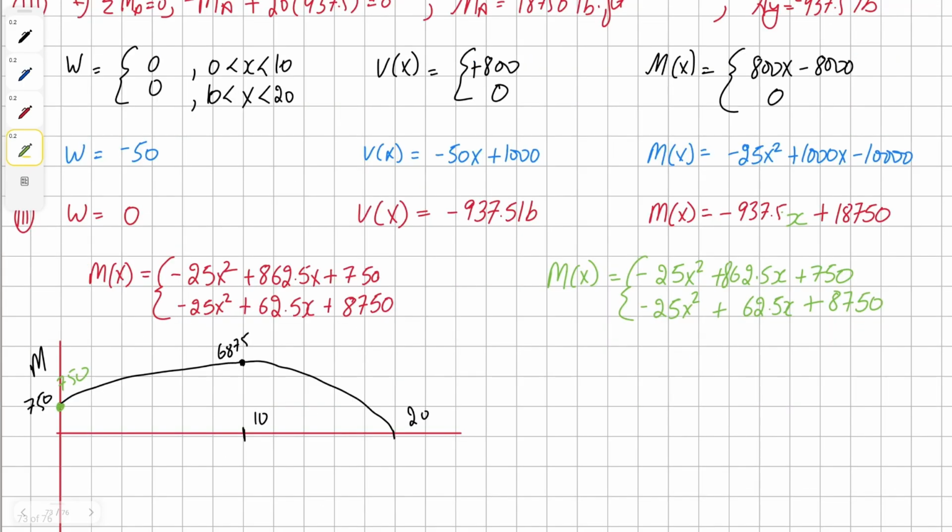Now that we have all the required moment equations, we can start drawing our moment diagram. So I'm going to draw it on the same diagram as before. For our initial value, it's going to start at 750 as well. And then for the halfway